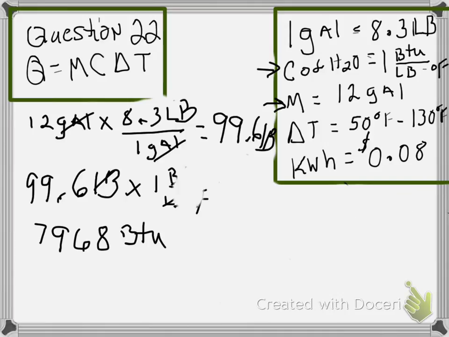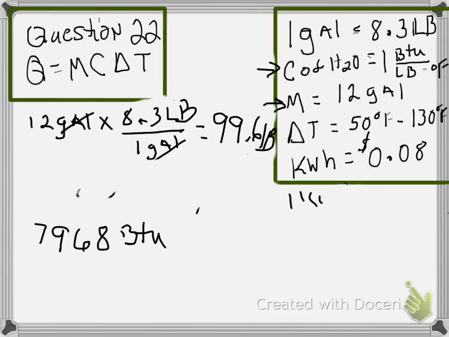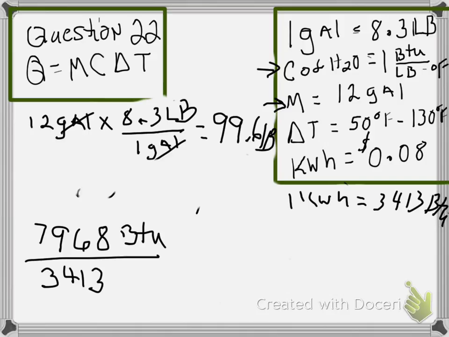So that's a conversion. We practice conversions in class. And when I look up that info, I get the equivalent of 1 kilowatt hour is equal to 3,413 BTUs. So I'm going to divide this number by 3,413. That's a BTU over kilowatt hour. My BTUs are crossing out. My answer will be in kilowatt hours. When you times that up, you're going to get